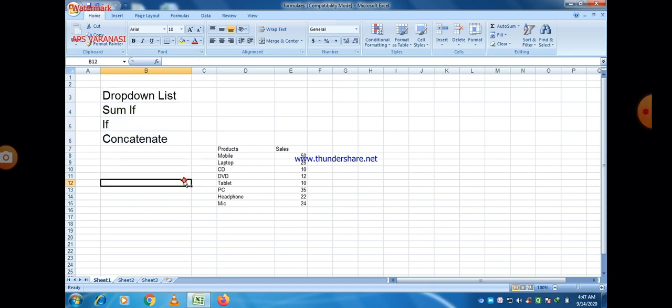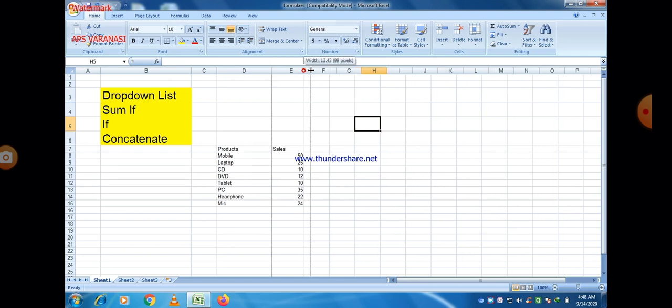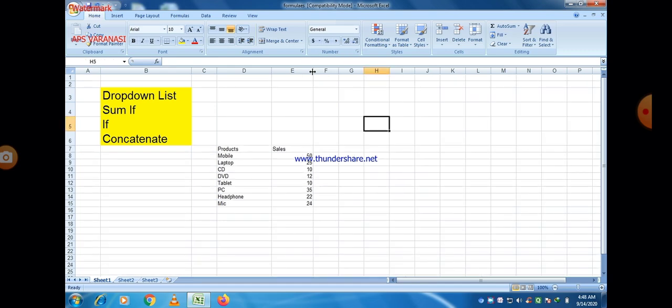So these are our four formulas as you see on the screen: drop down list, sum if, and concatenate. Here there is already a table with products and sales, different sales regarding these products. We basically perform some operations on this table, product and sales.